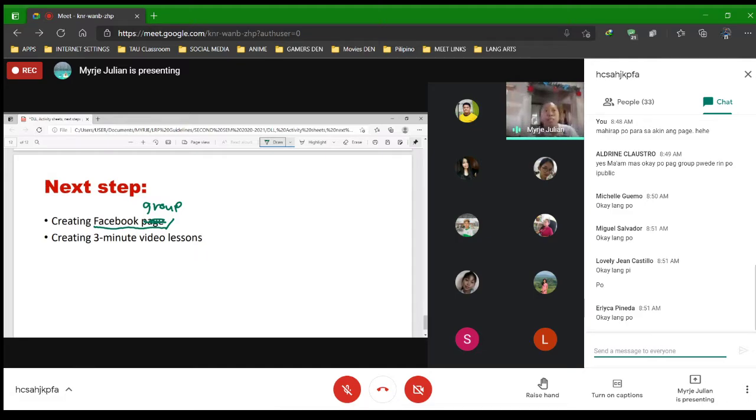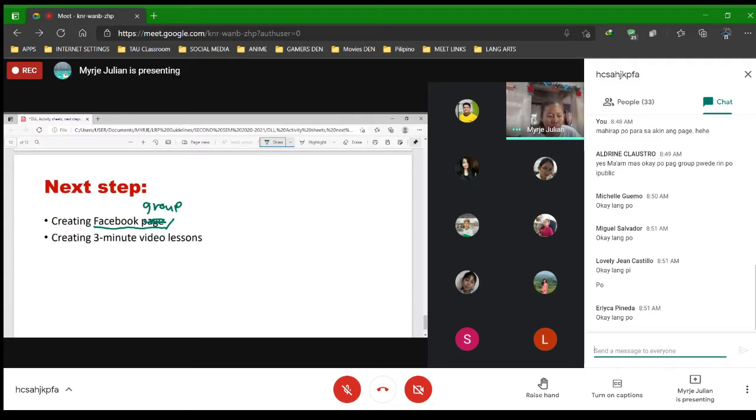Kapag yung mga naka-perfect na 40-40, you can share what has been checked. Kasi kapag sinabi kong 40, wala na akong correction or revision na sinuggest. Pero yung mga ibang grupo na sinabihan ko na i-revise, after na yung i-revise,